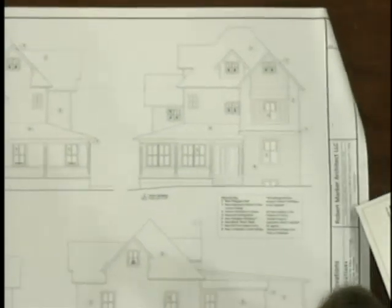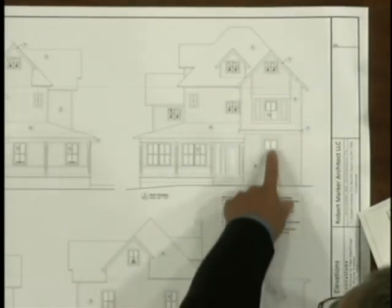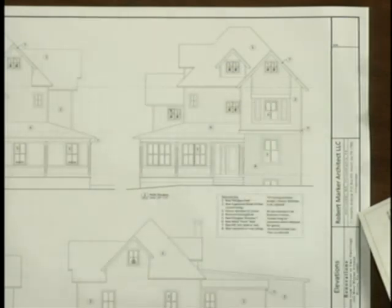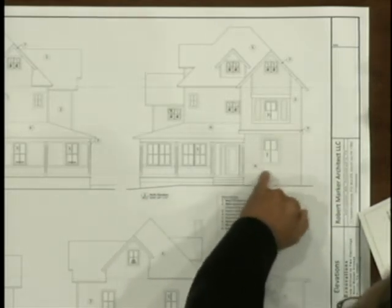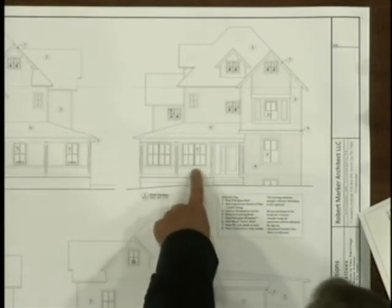On the elevations on the front, if you can see it, some of these two large windows in the front are original, so we're proposing to maintain those. We're proposing to re-expose the brick here around the side, which is visible from the street. Our proposal is to use the larger windows that fit in the original framed openings and have a better scale to the house. And then on the porch,